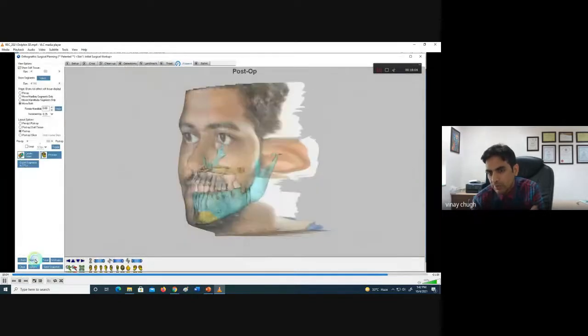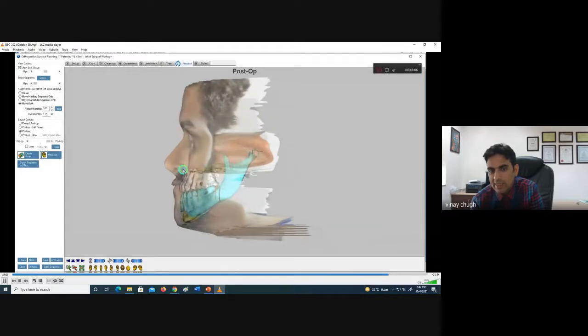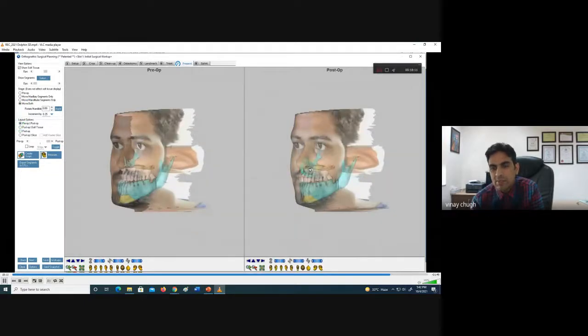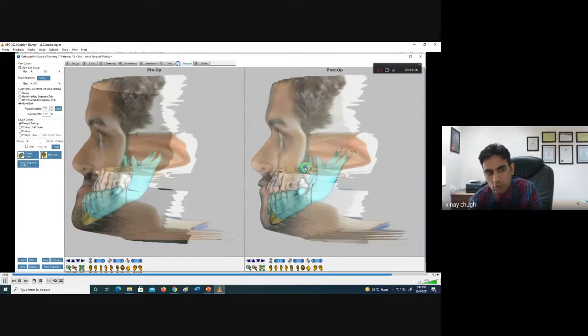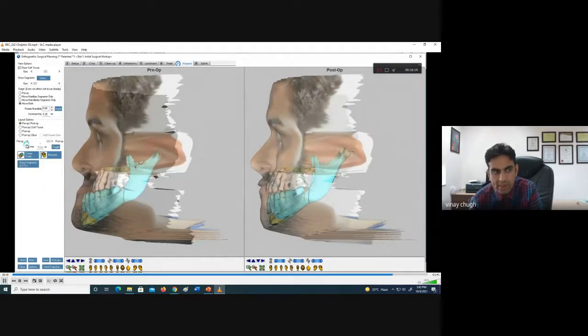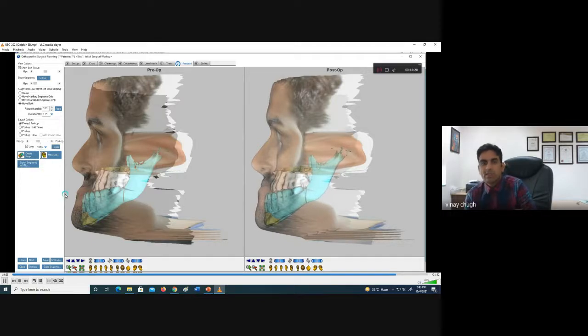Once the patient sees this, he can have some fair idea of what is going to happen with the surgery. Because if we simply say that we are going to do your surgery, it may not make much sense to him. But once we show this 3D planning tool, and we can also make a small loop in that, it will show that this is how we are advancing the maxilla, and this is how we put back the mandible and the chin. All the 3 movements can be shown simultaneously. So this is just one aspect of the 3D planning which we have done in one case.